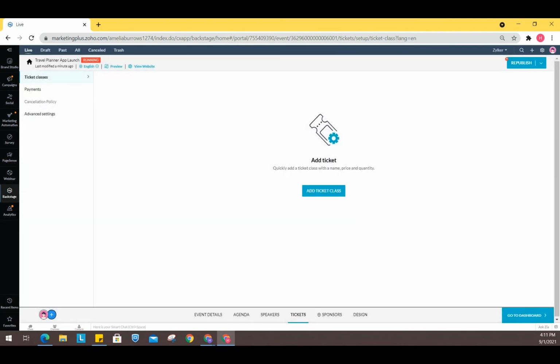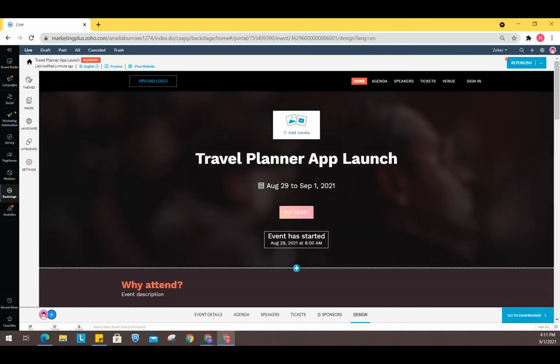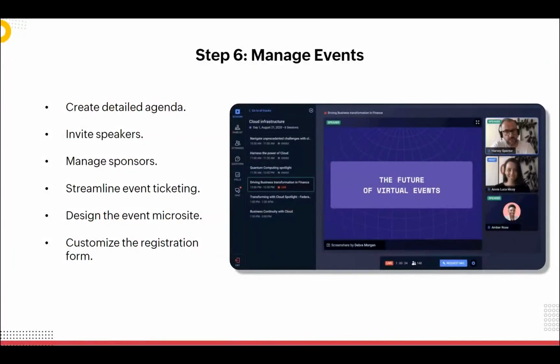And then finally, we also have sponsors and design. The design tab is extremely important because this is where we design the microsite, and you can select from a bunch of themes. You have a lot of themes in there. Select the language and integrate it with Zoho PageSense or SalesIQ. And once everything is done, you can publish. So that's how an event gets created. And you just saw it's really easy to manage things from here.